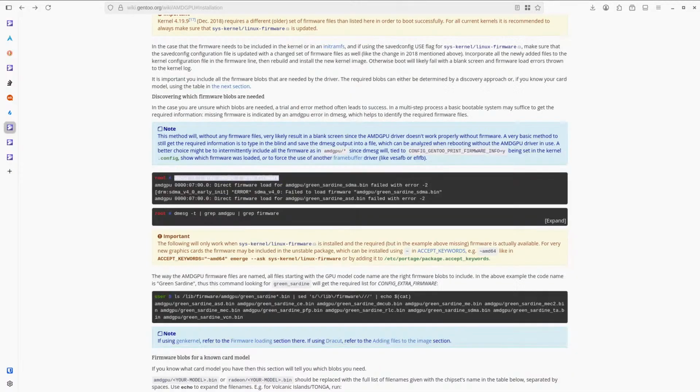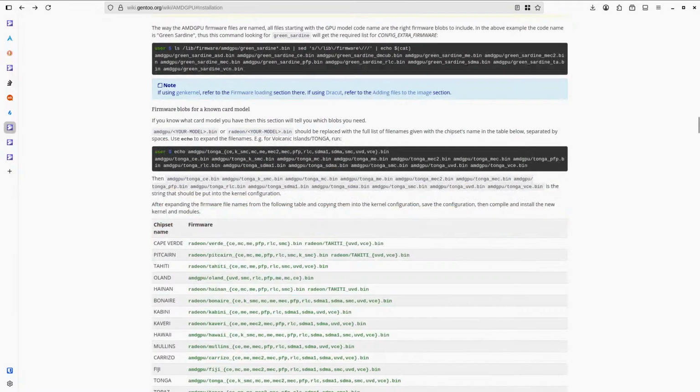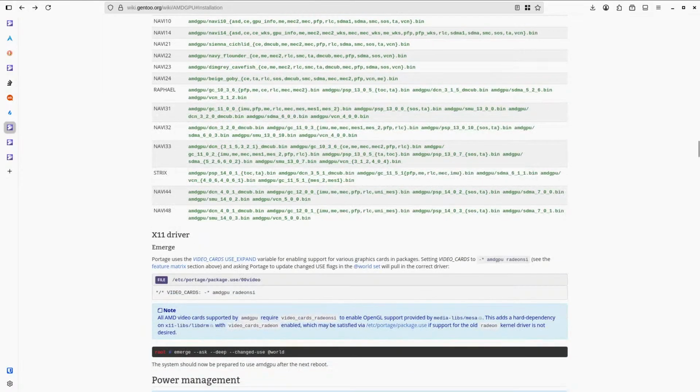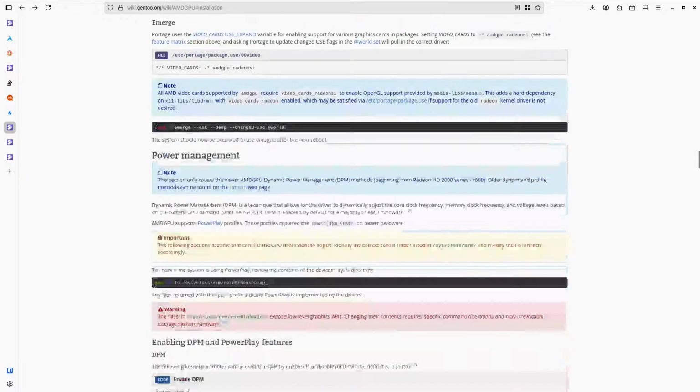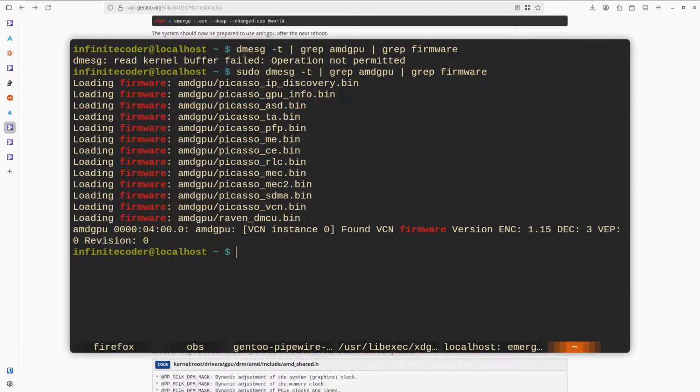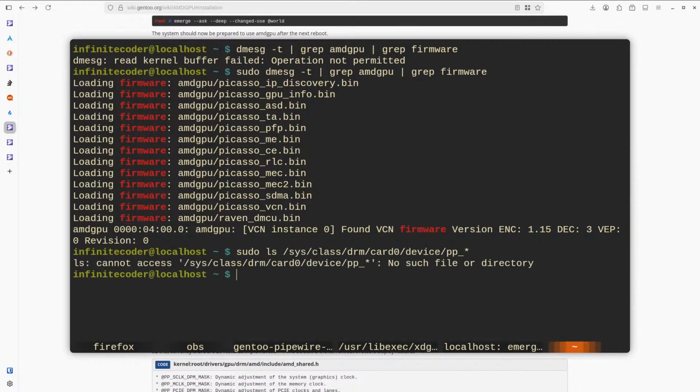So firmware's loaded early. So I guess I just need to emerge something else. Maybe the X11 driver. Power management. I mean, might as well check.